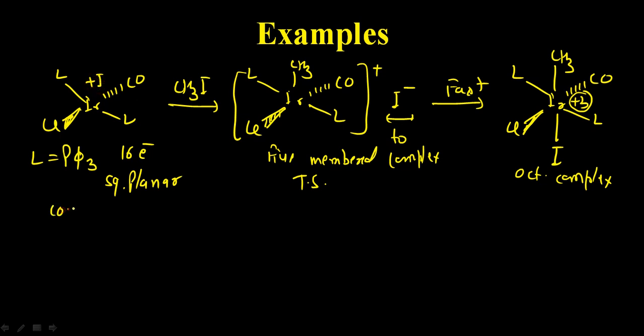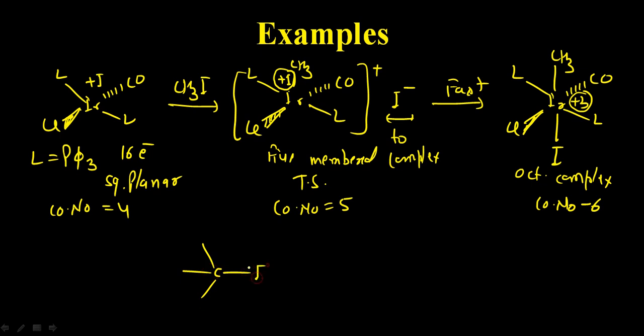The coordination number has been increased from 4 to 6. However, in the transition state there was no change in the oxidation state. It was still +1, but the coordination number was 5. So it is clear that iridium has 2 electrons and can act as nucleophile and can attack the methyl carbon atom of this methyl iodide, and finally these 2 electrons are lost and its oxidation state is increased from +1 to +3. That is in the final step.